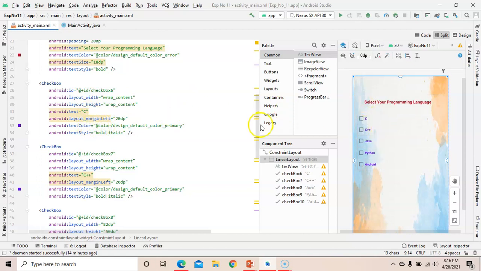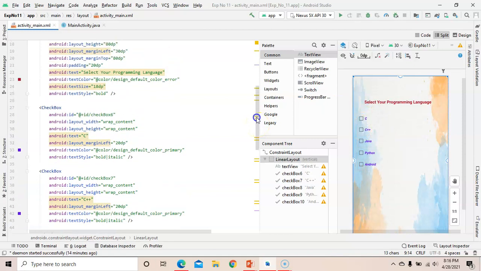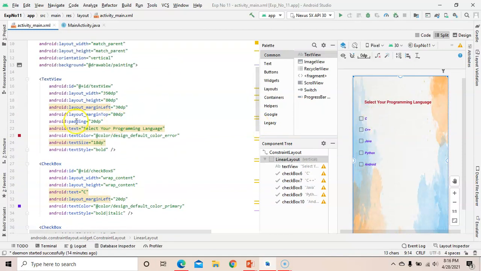So in the linear layout, we just need to give the value to the first control, the text view. So I have only added the margin top attribute to the first control. And then C, C++, Java, Python, Android will be added in a linear manner, right?